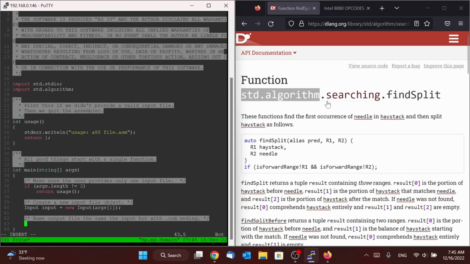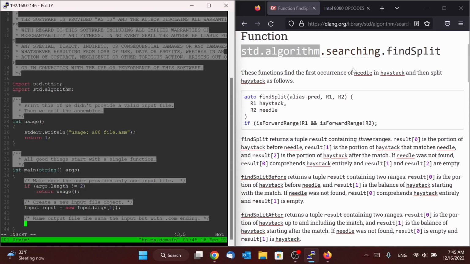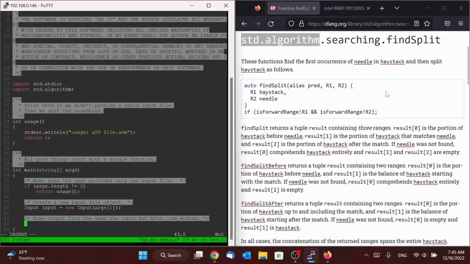And what findSplit is going to do is read in a string and search for whatever we have asked for as the argument to findSplit. Then it's going to return to us 3 different strings. Hopefully, if we put in something that actually has the string we're looking for, it will return the string prior to the thing we've looked for, the thing we've looked for, and then whatever is left in the string afterwards.